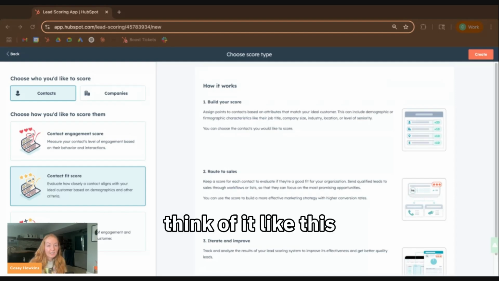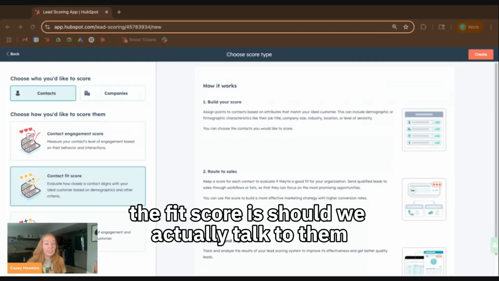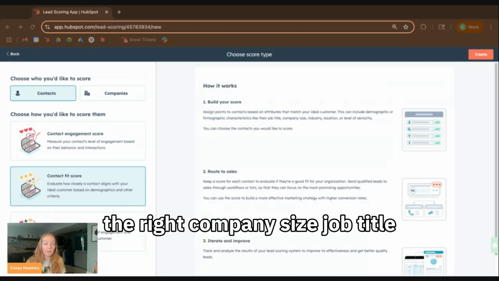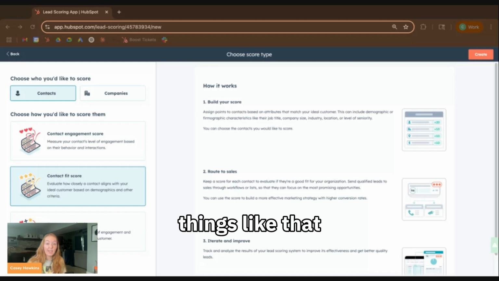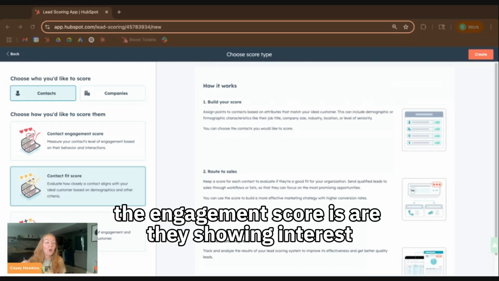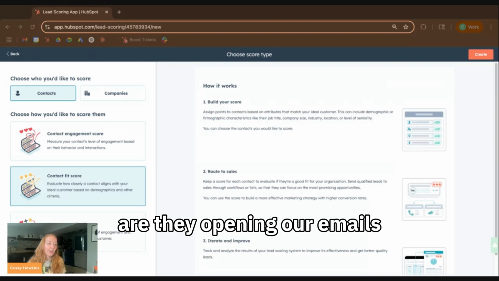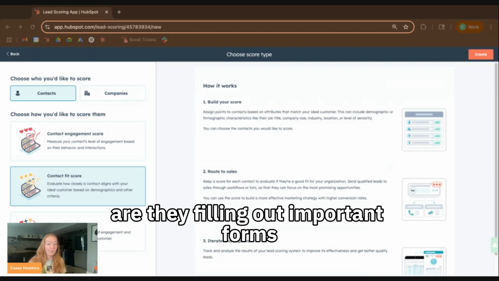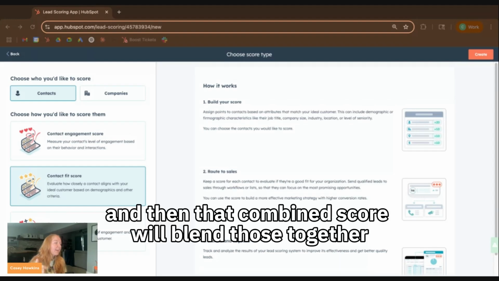Think of it like this. The fit score is, should we actually talk to them? Are they the right ICP fit, the right company size, job title, things like that? The engagement score is, are they showing interest? Are they opening our emails? Are they visiting our website? Are they filling out important forms? And then that combined score will blend those together